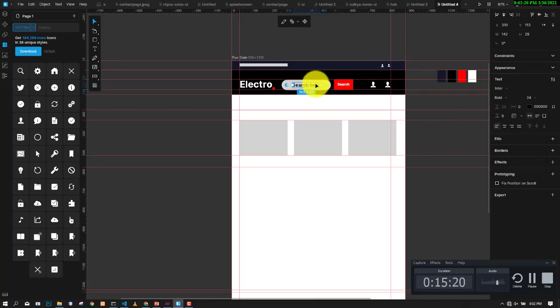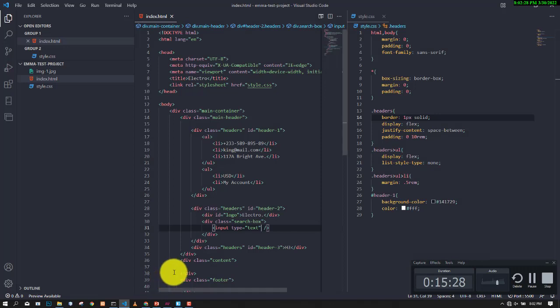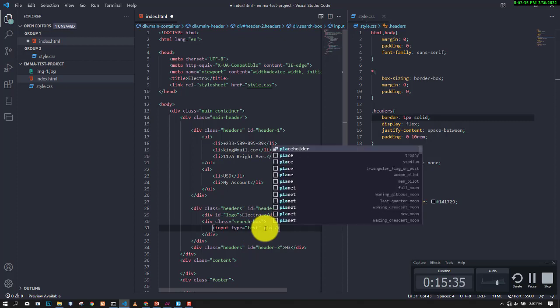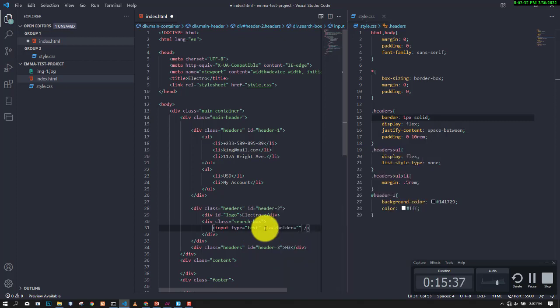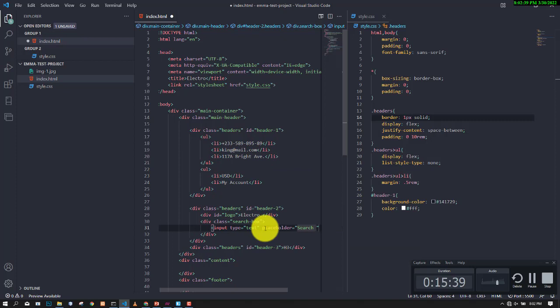You can have something like this here. You get it? Now we call it placeholder. We call this what? A placeholder. You get it? So in order to specify placeholder, this is how we do it. The type, you give it an attribute type as what? Text. Then space, you specify placeholder like this. Then you can see search here